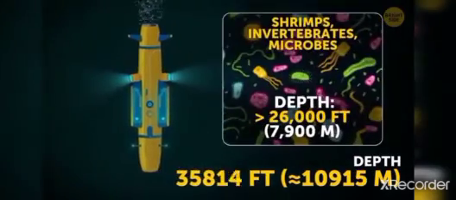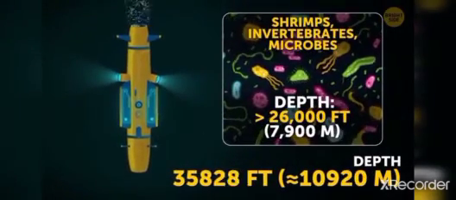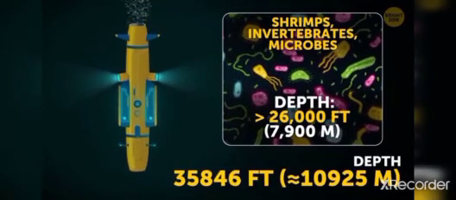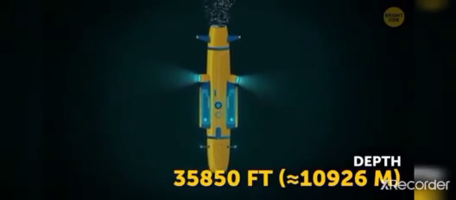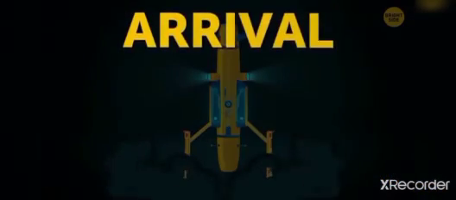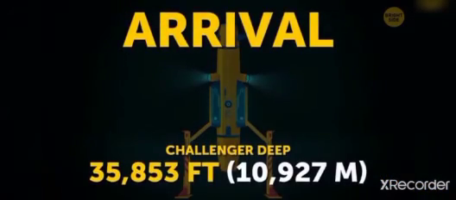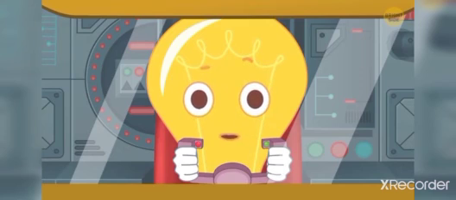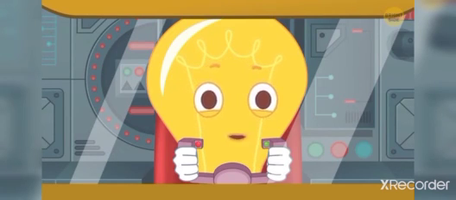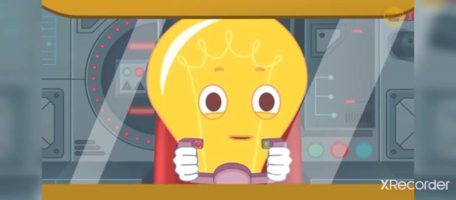But there are shrimps and other invertebrates, not to mention microbes, that can dwell even in the deepest part of the ocean. And that part is the Challenger Deep. It's the bottom of the Mariana Trench, and its depth is 35,853 feet. Yes, we've arrived at the very bottom of the Earth. Few people have been here, and very little is known about it yet. But scientists aren't going to stop, and there's hope we'll soon find out what secrets the